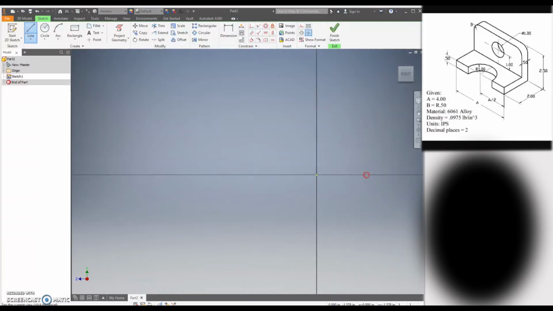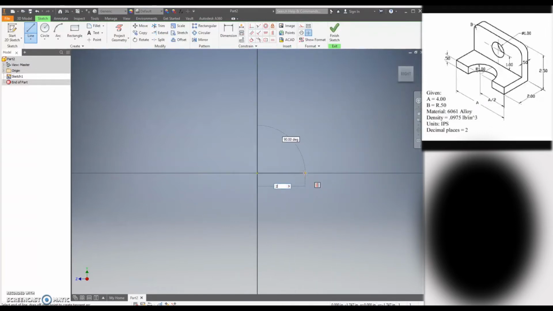Point the cursor in the direction you'd like to go. Type the dimension, press enter. Point the cursor, type dimension, press enter. It's really that simple, folks. It doesn't get any easier than this. CAD just has a mind of its own these days. Finish off your sketch. All right, using the dimension tool,